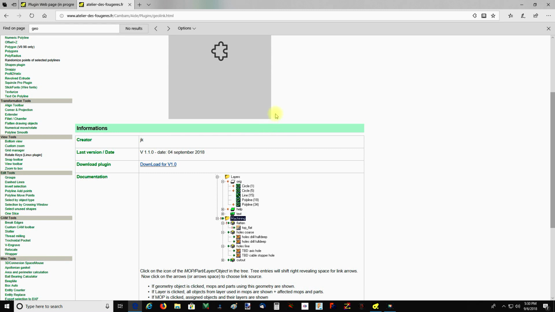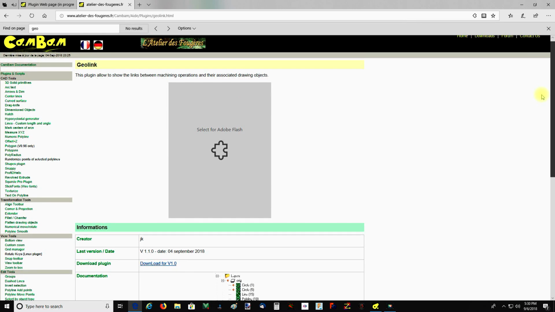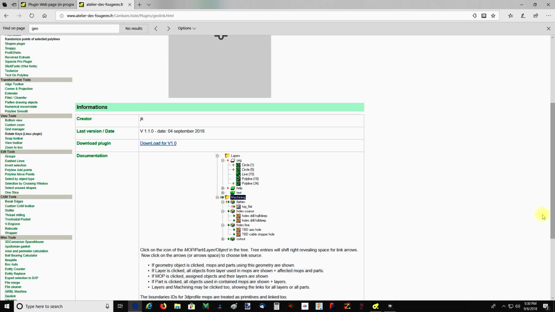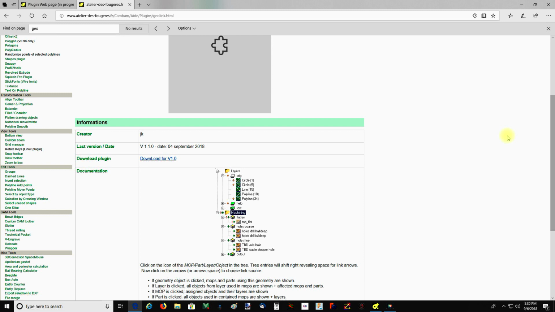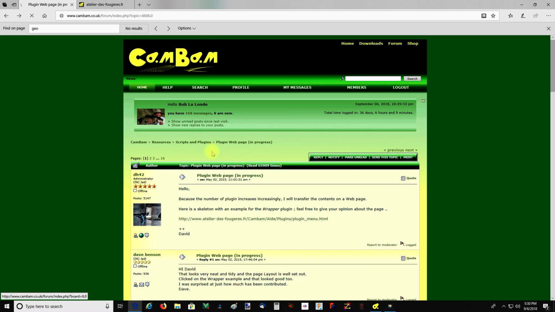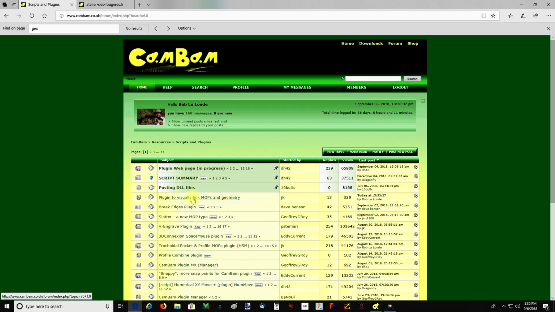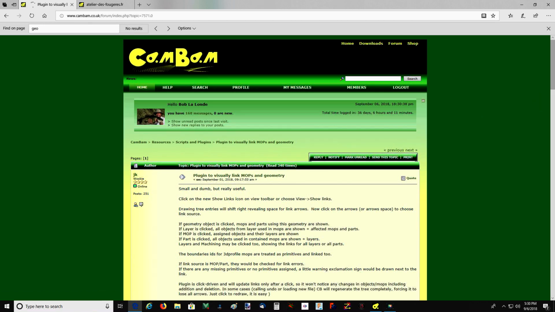version of CamBam, which is actually an alpha release. I've been using it exclusively for months. Haven't used 0.98, I haven't even got it installed on this computer. So if you haven't tried out version 1 alpha, go ahead and download it and try it out, and try this plugin with it. It looks like this page doesn't have the latest version, but if we go back to JK's original post on this plugin, Geolink, or Geolink as he called it,